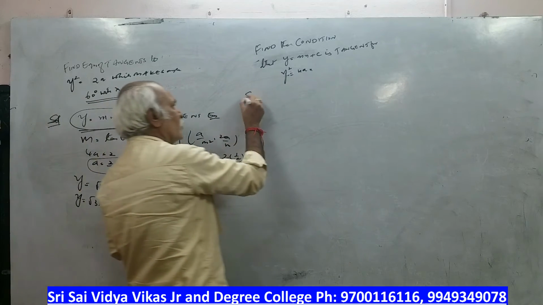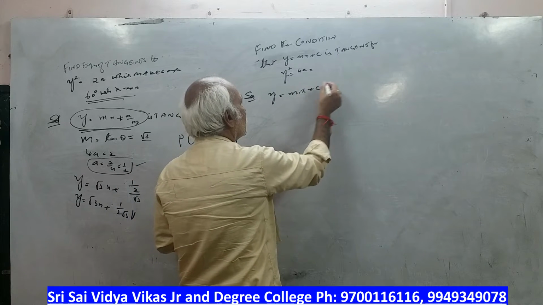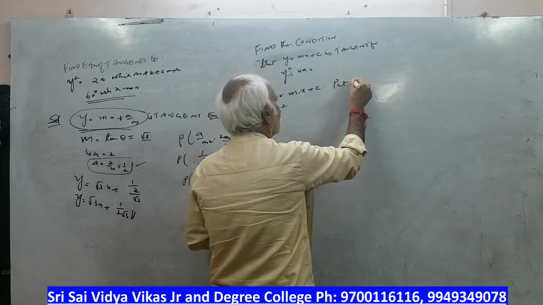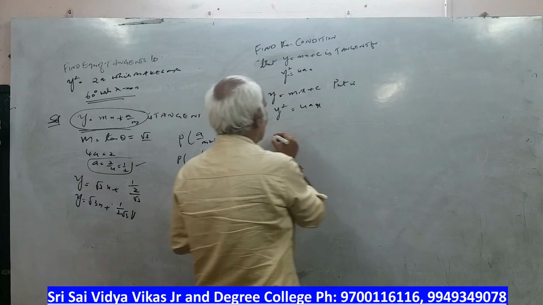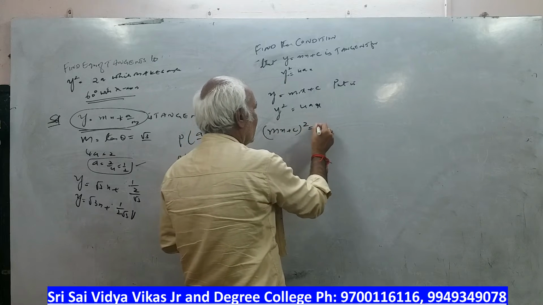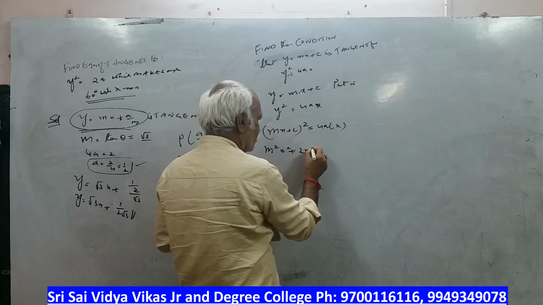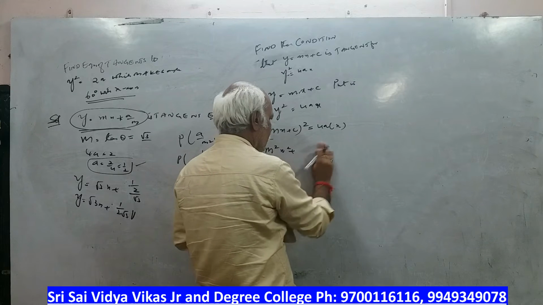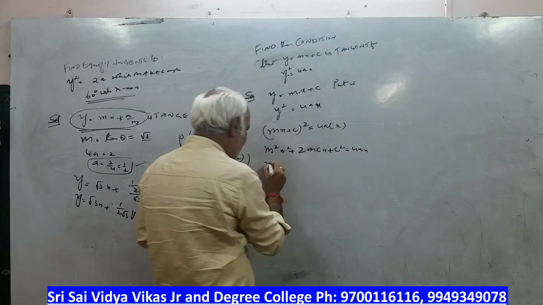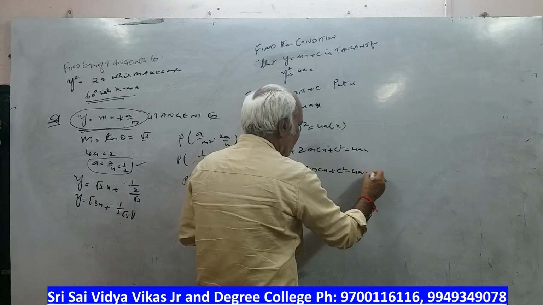So, here solution. So, y is equal to mx plus c. Put in y square is equal to 4ax. So, this becomes mx plus c whole square is equal to 4a into x. Open the bracket, m square x square plus 2mcx plus c square is equal to 4ax. Bring 4ax this side, m square x square plus 2mcx plus c square minus 4ax is equal to 0.